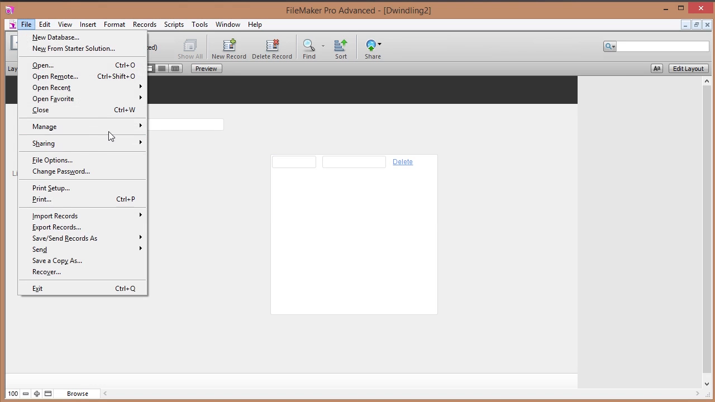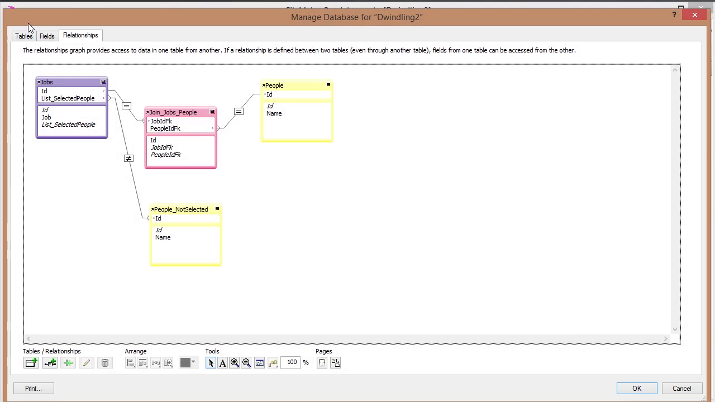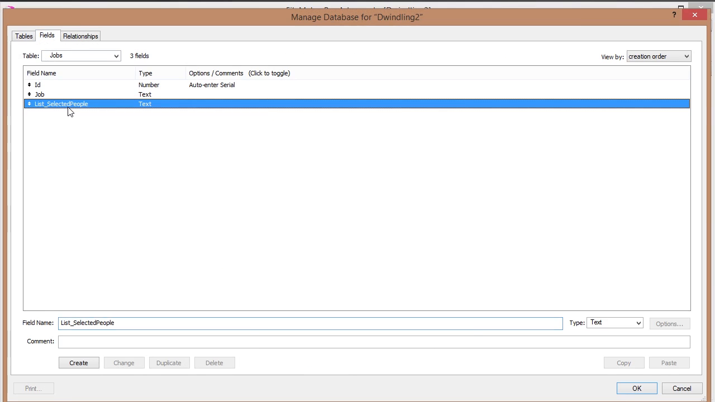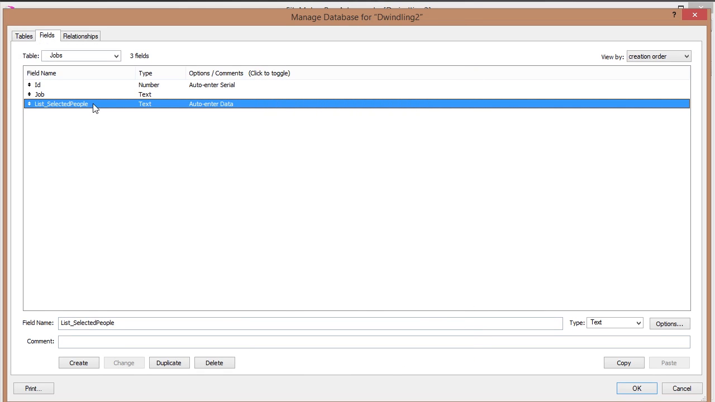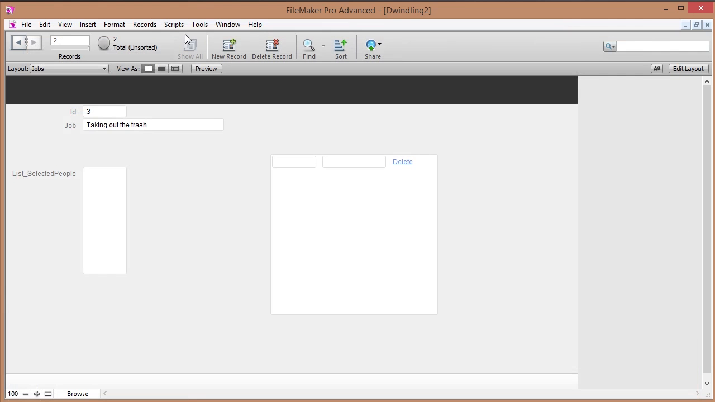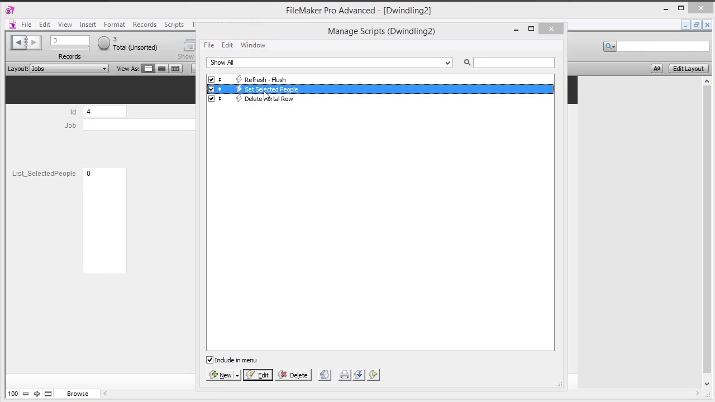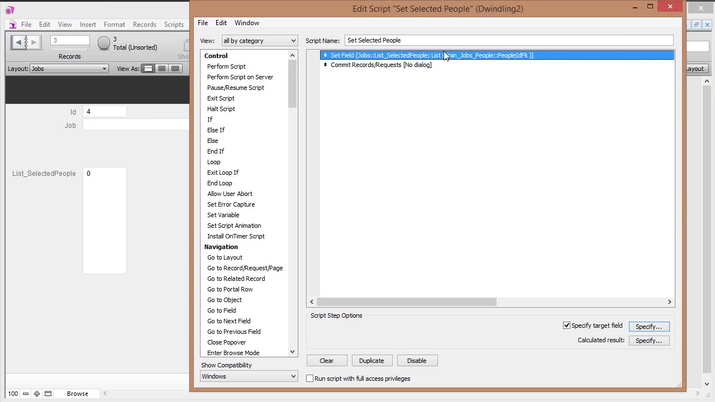Let's go to File, Manage, Database, and let's first say that when I make a new field, I want to auto-enter the data of 0 in there, so that I always at least have the number 0 in there, so that if I make a new record, this one has the number 0 in there, and that way my drop-down works. But I also need to make sure that in my scripts, my set field step also needs to add